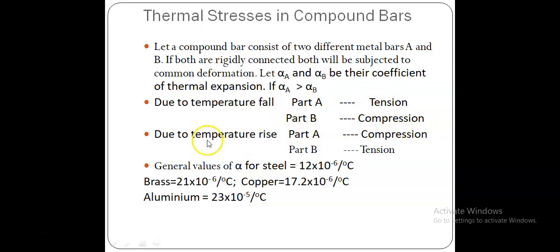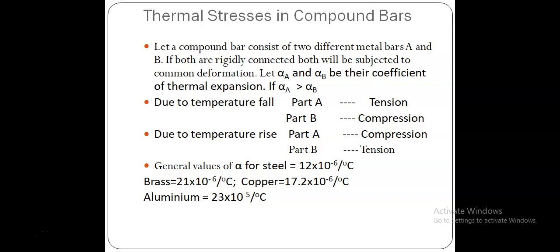Like that, if the temperature is raised with respect to its standard temperature, the material part A is now subjected to compression and part B is subjected to tension. So here we see some general values for alpha, the coefficient of thermal expansion for steel. This is the change that happens in compound bars when subjected to thermal stresses: one material is subjected to tension and another to compression in case of temperature effect